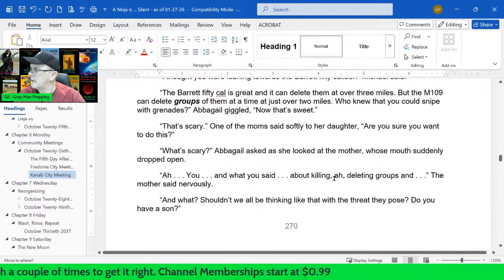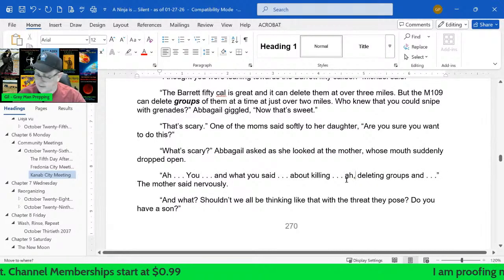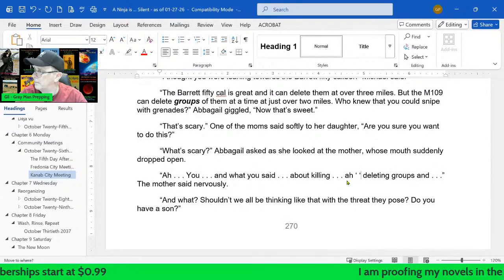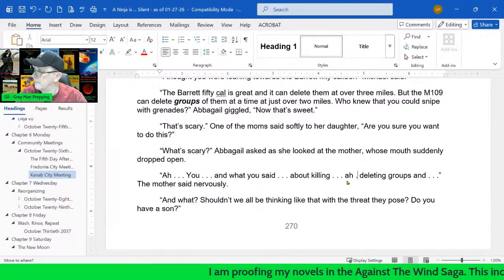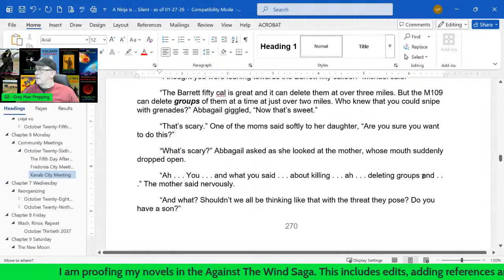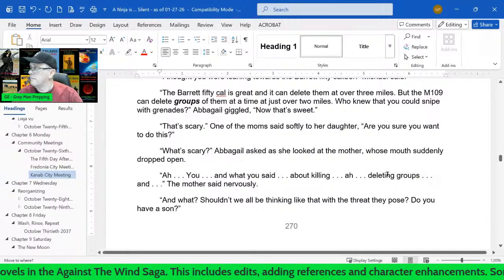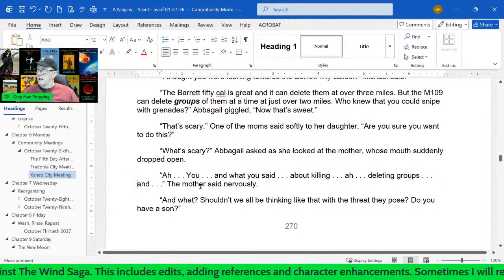About killing. About deleting groups. And the mother said nervously, so you and what you said about deleting groups, and the mother said nervously, and